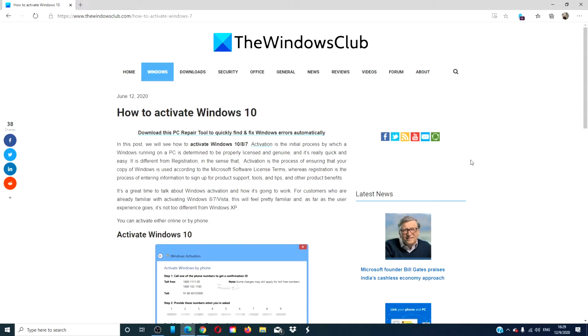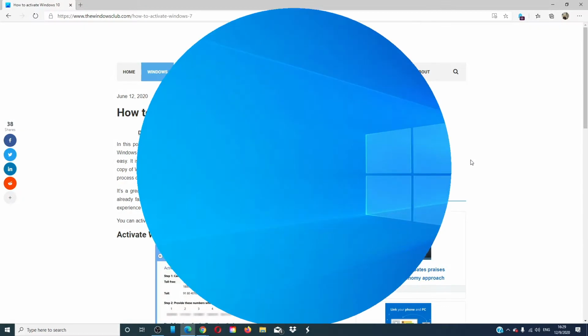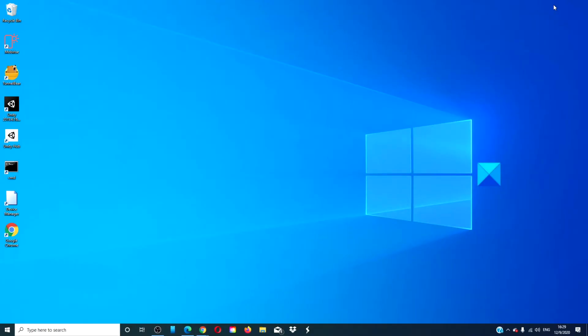For a more in-depth look at the subject, we will link an article in the description down below. There are a couple ways to do this. Recently, Windows has been linking a digital license to your Microsoft account. So in the setup process where you enter the Microsoft account credentials, your Windows should automatically update. If you do not have that or do not wish to link your Windows copy to your Microsoft account, then